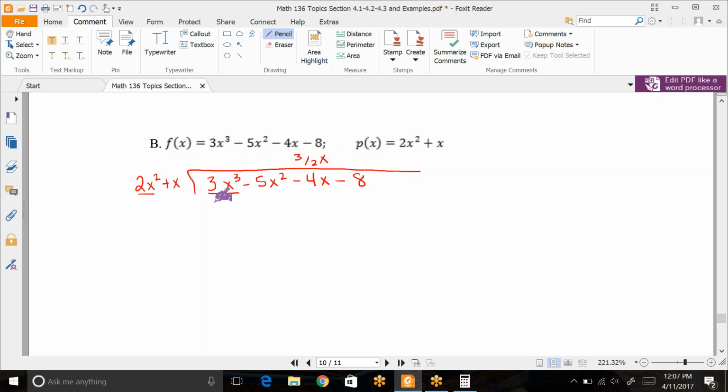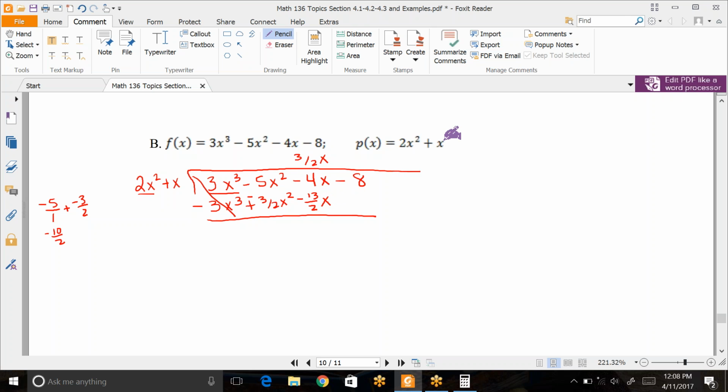So that would be 6 over 2, which would be 3x cubed. And then 3/2 times x, 3/2 x times x, sorry, it's hard to say, would be positive 3/2 x squared. Then remember, because this is long division, we change the signs. So this cancels. We would need to do -5 over 1 plus -3 over 2. We have to do scratch work to add that. So this would be -10 over 2. So -10 over 2 plus -3 over 2 would be -13 over 2